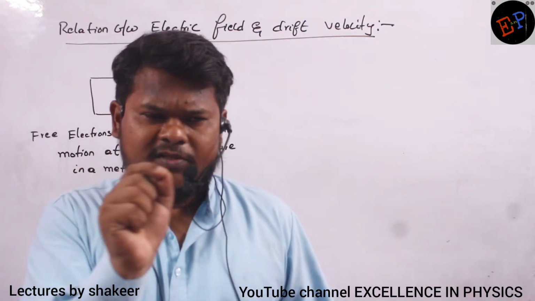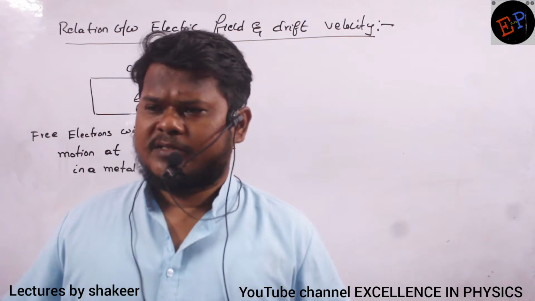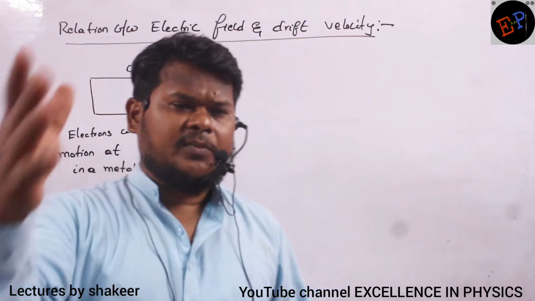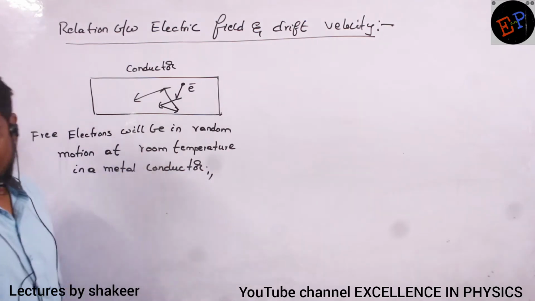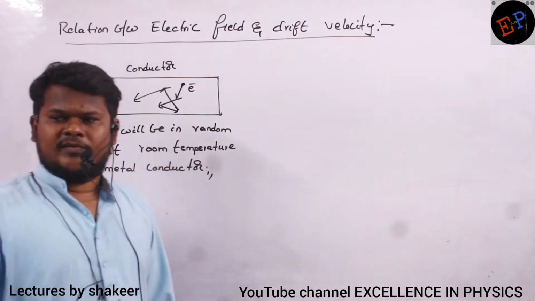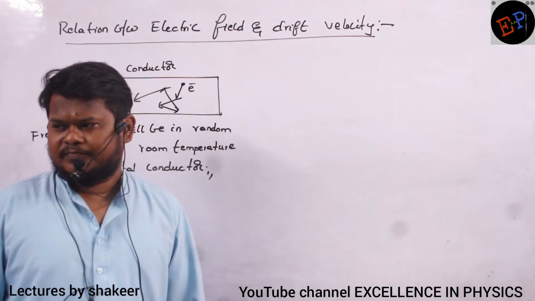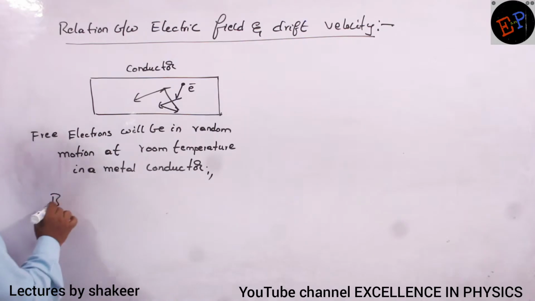And the electron is a very small particle, but the energy taken by the electron is very large. Therefore, it will be traveling with a very high velocity inside the atom. For example, you have iron benches. In iron benches also, these electrons will be continuously moving in random motion. Okay? But if I apply an electric field,